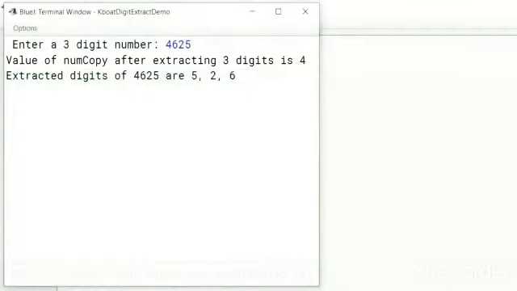We can check the value of numCopy at the corresponding extraction step to validate that user is entering a value with the same number of digits we asked for. If we asked for a 3-digit number and user entered a 1-digit number, we can flag that as invalid input. We will validate user input for the correct number of digits in the next set of programs that we will write.